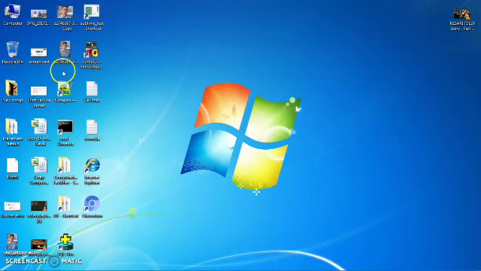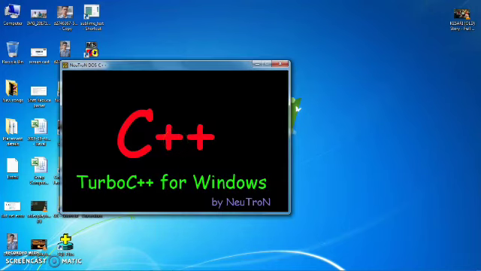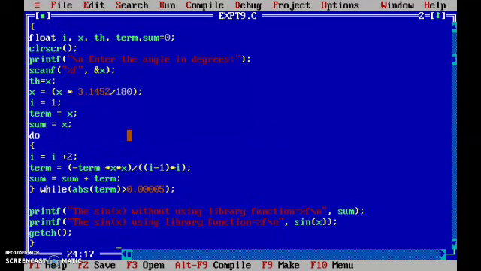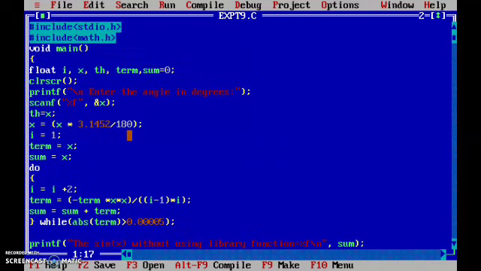As I told you, I am using a Windows machine, so I have installed Turbo C, and I will be executing this program on Turbo C. If you have Windows, you can use Turbo C. If you have Ubuntu, you can directly use GCC. Whatever program I explained is the same here. As the red font is not visible clearly, that's why I explained the program there. I have written the program here as it is. So let us execute this program.